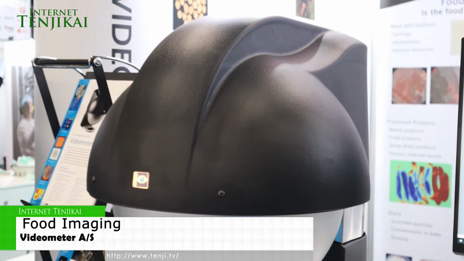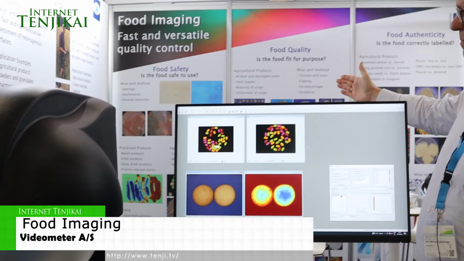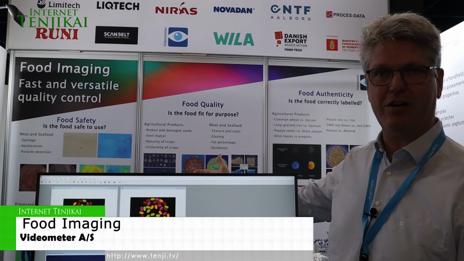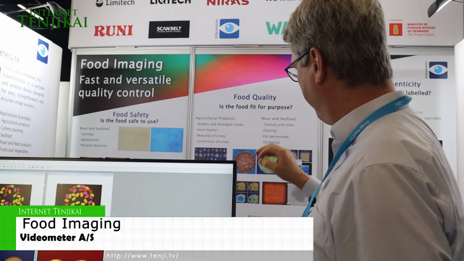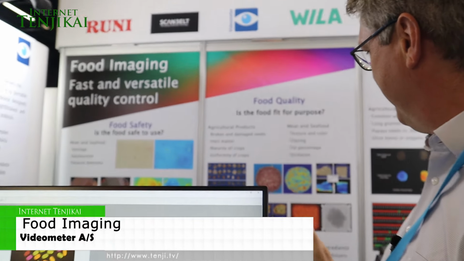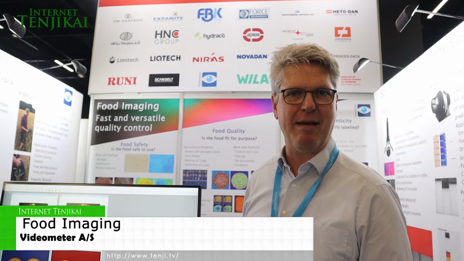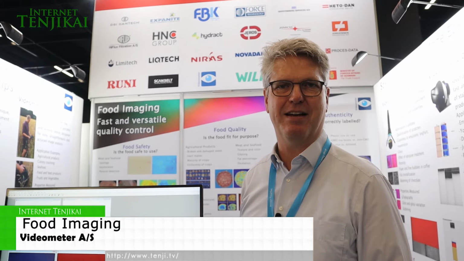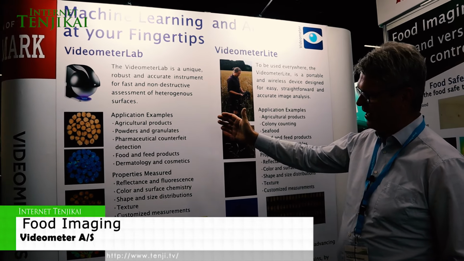It will be able to create a very versatile set of parameters based on spectrum, color, shape, size, texture, specific features like contaminants, bruises, molds, foreign elements, insect damage, and basically name it.